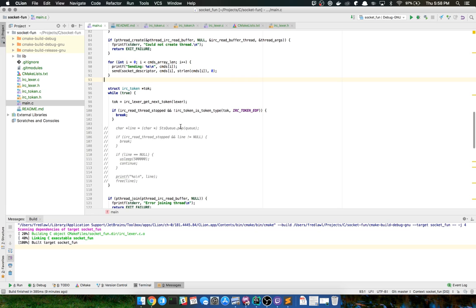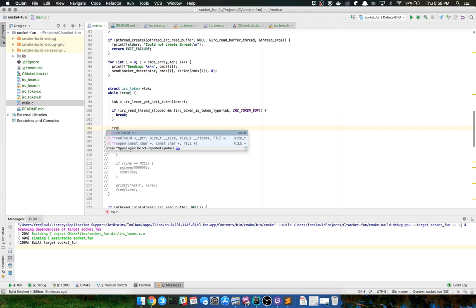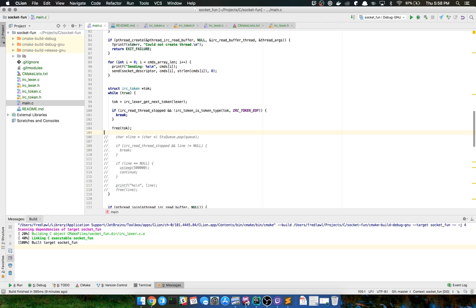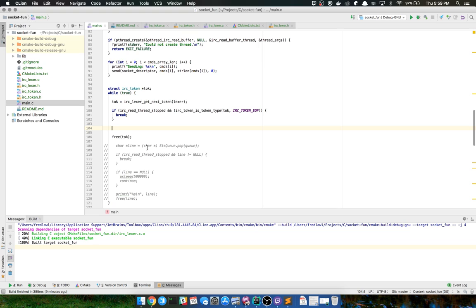Since this is allocated, I would want to free it. So I need to remember to do a free for the token. Now the parser is going to take care of this when we finally get to that. In fact, I'm actually going to abstract this out even further when it comes time to deal with the actual parser. The parser is going to take care of handling this thread stuff, I imagine, and then also it's going to be responsible for freeing the token after usage.